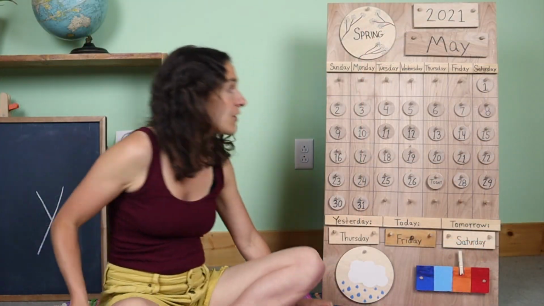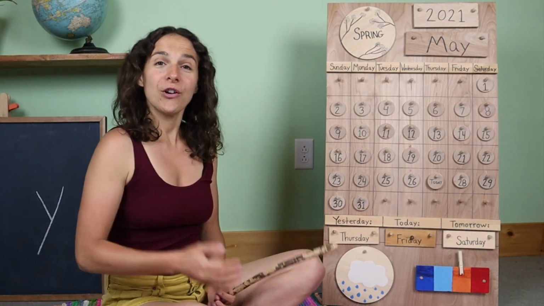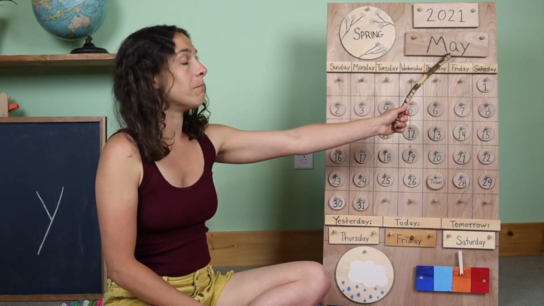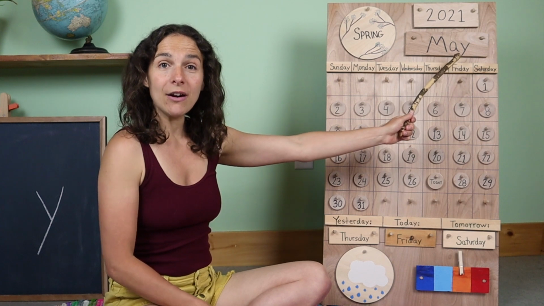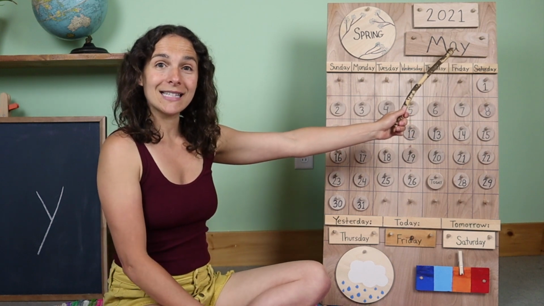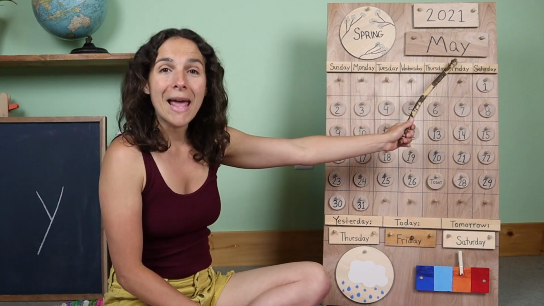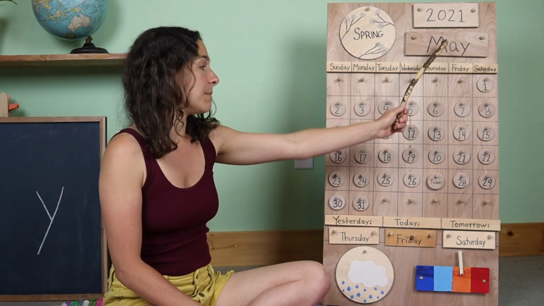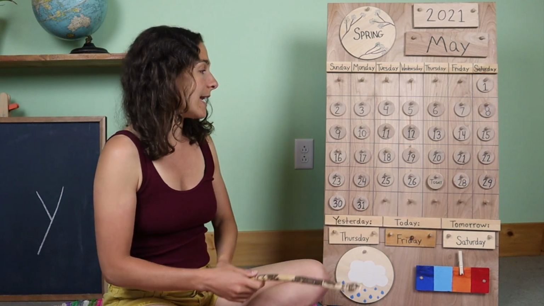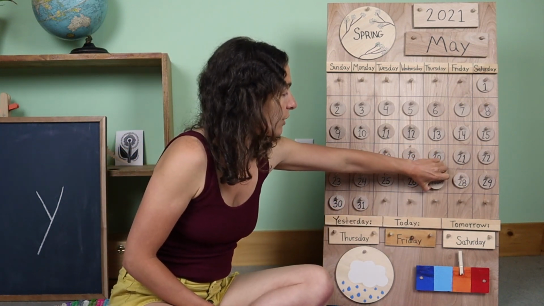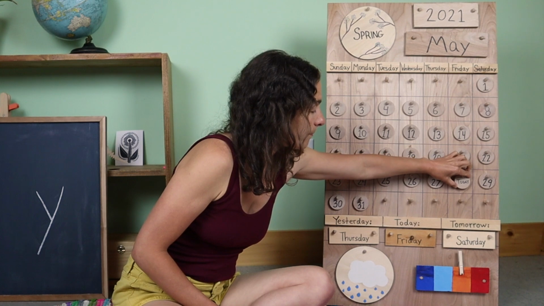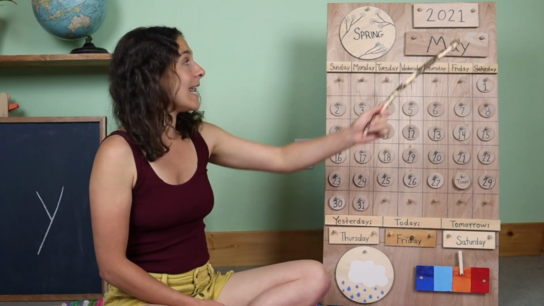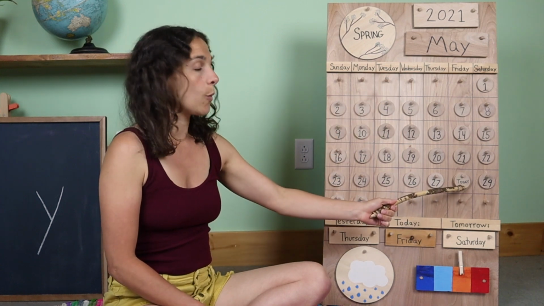I have the calendar and weather chart behind me, and first we will begin with the date. We start off with the month. The month is right up here. Do you know what the month is? May. You're right. The month is May. Today is May 28th. I'm going to move the chip over from yesterday. Yesterday was May 27th. Today is May 28th,